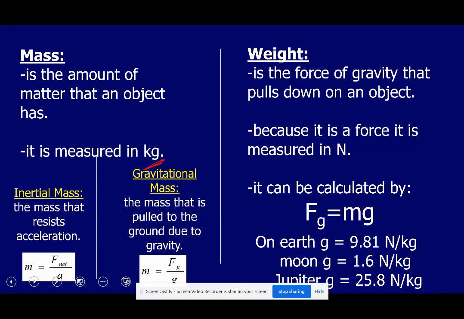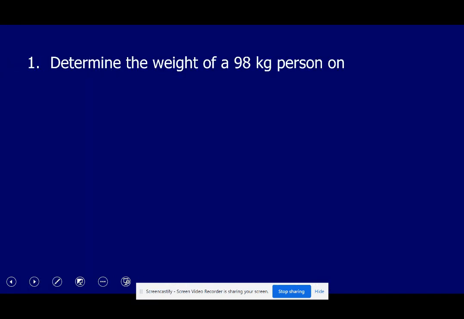Again, if I'm talking too fast here, as I am on my third cup of coffee, just go right ahead and pause the video anytime you feel you need to. So that's pretty much the note on weight and force of gravity versus mass and inertia. But what types of problems are we going to have to solve with it? So determine the weight of a 98 kilogram person on Earth to start with, and then we'll calculate the moon as well. So on Earth,